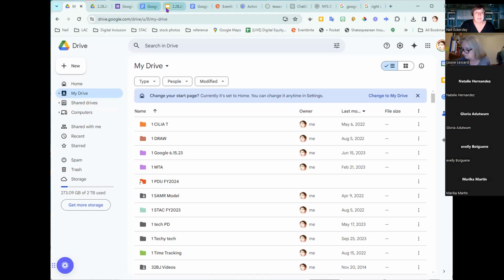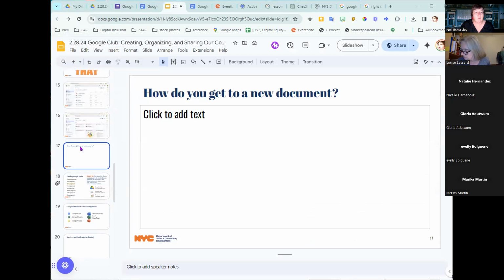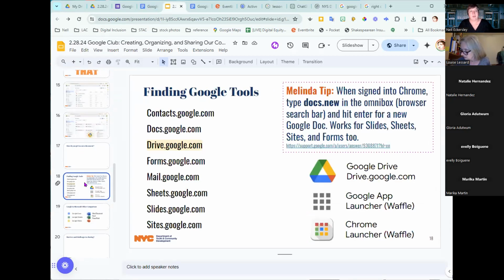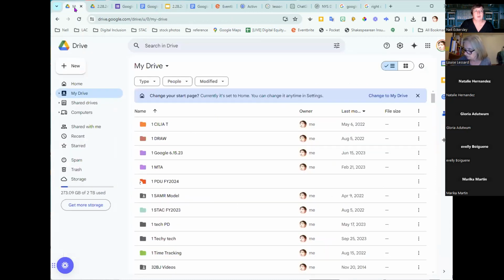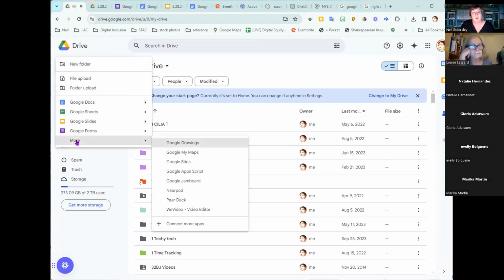What we can, let's see, I think I put 2 pictures in here. Okay, well, we didn't talk yet about how to get to new files, right? So in Google Drive, we have this beautiful big new. It's a pretty typical convention in Google that a plus sign means new. So if you see a plus sign, try it out. Under there, you'll see all of these file types. And look, there are even more.